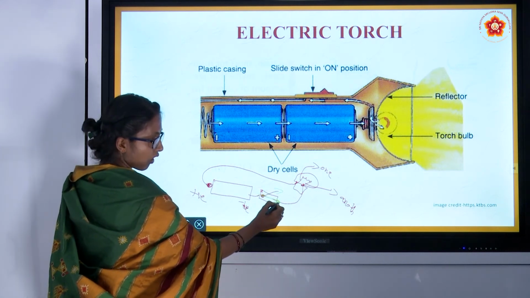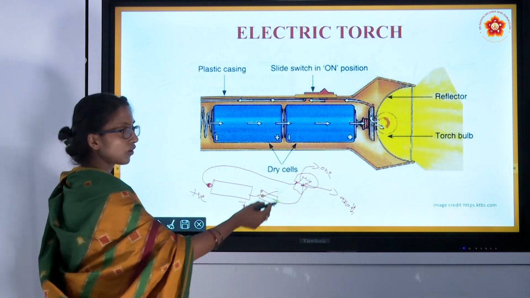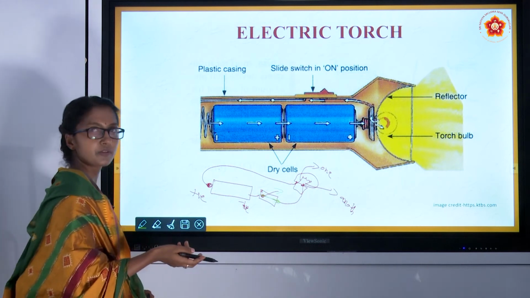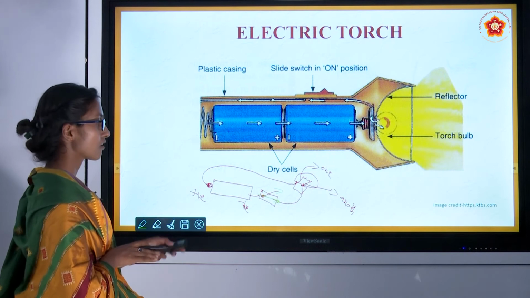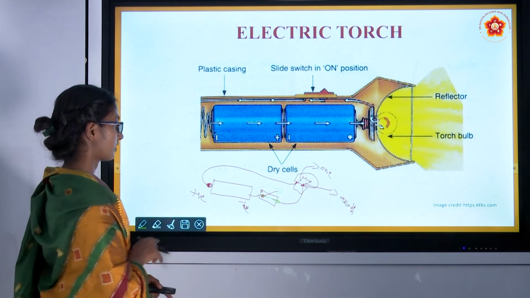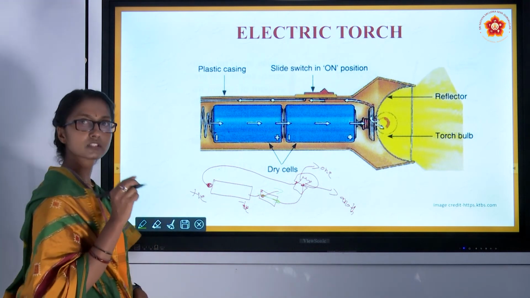If the switch is on, the circuit is complete and electricity will flow, and the bulb will glow up. Switch off and switch on, I hope you have understood well. Regarding the switch, you can make this switch using safety pins.